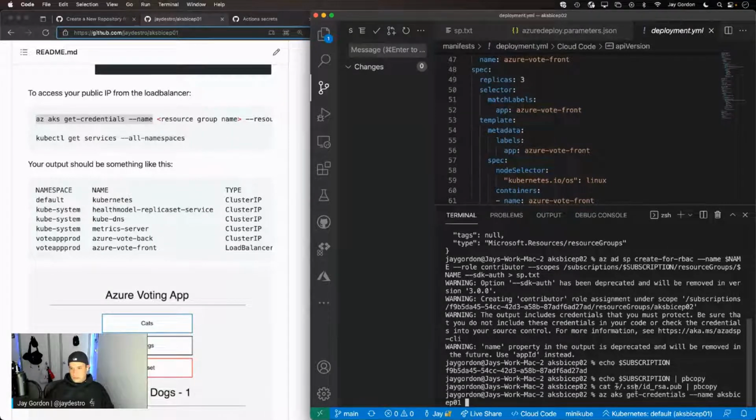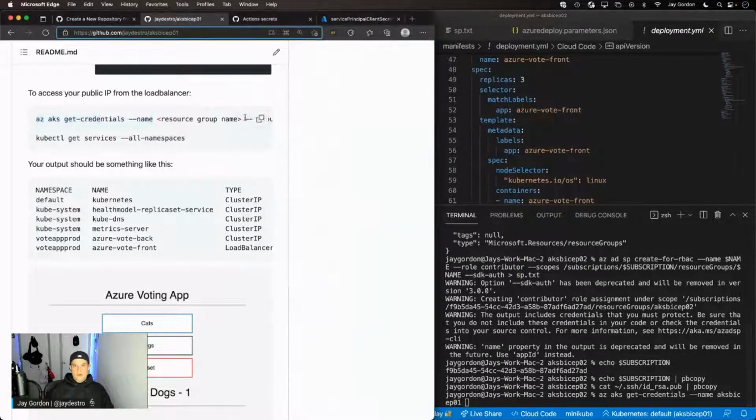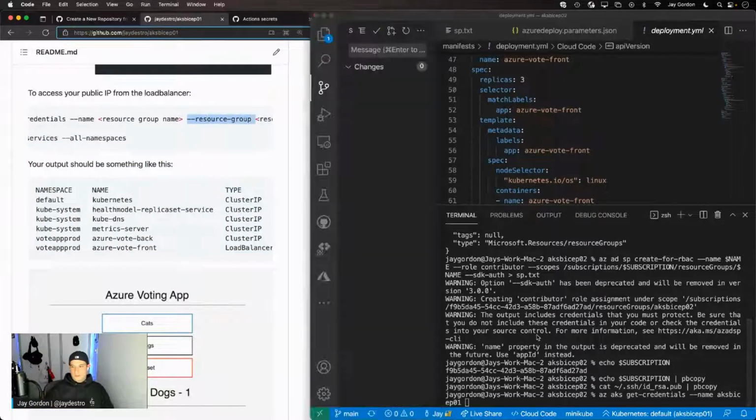And actually, that's the name of our cluster. Sorry. And then the resource group is the same. So we're specifying we need to get the credentials for the AKS Bicep 01 cluster from the AKS Bicep 01 resource group. And so what it'll do is it'll access